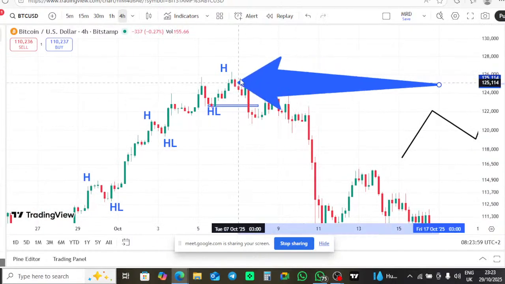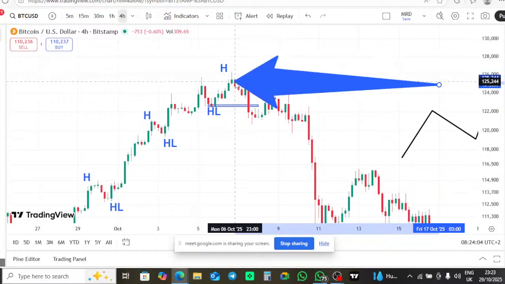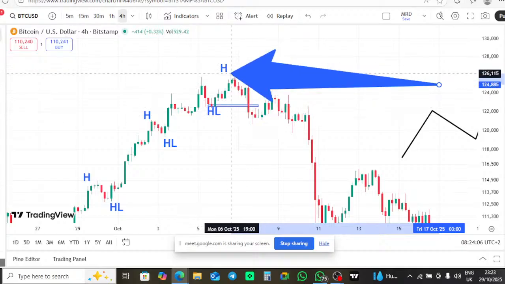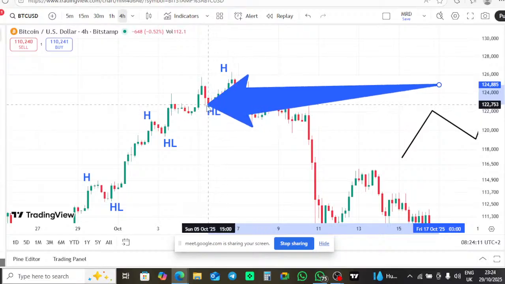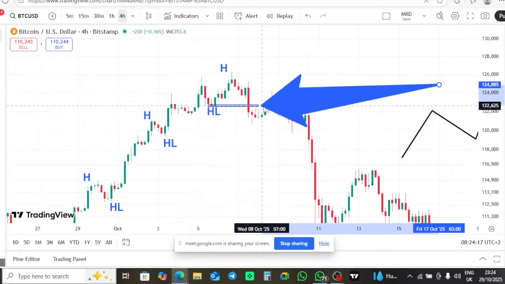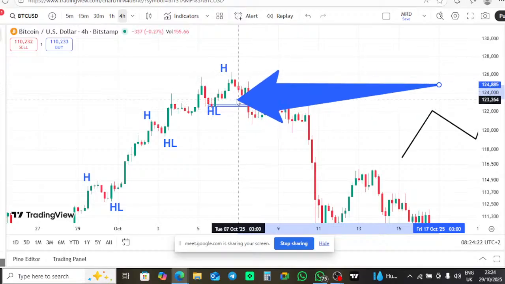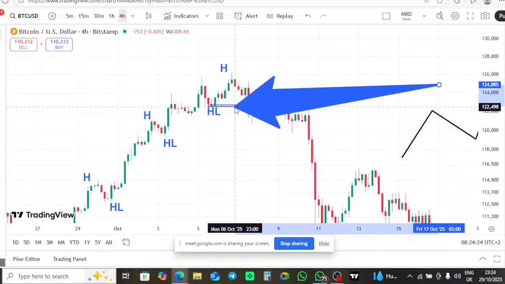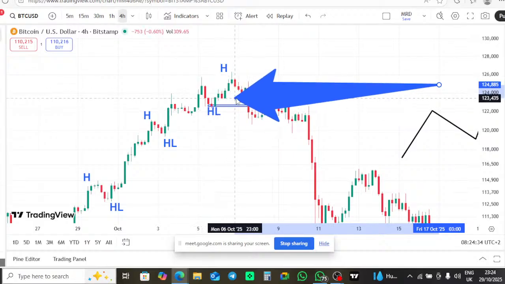Now, you see, this was the last high. But we can see the market failed to come back and break this level. And instead, it dropped. And we can see the market breaking this level. Why is the market breaking this level? It means it is giving up on the uptrend. That is what we call the change of character. It has changed the character. The structure was an uptrend, but it has failed to continue with an uptrend.